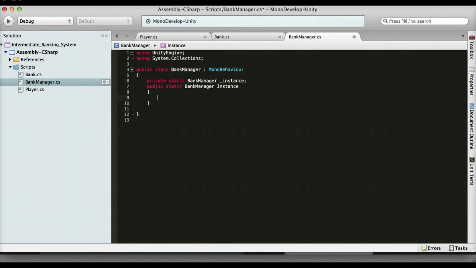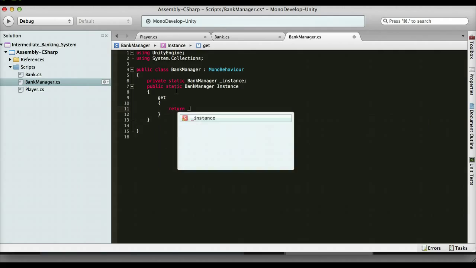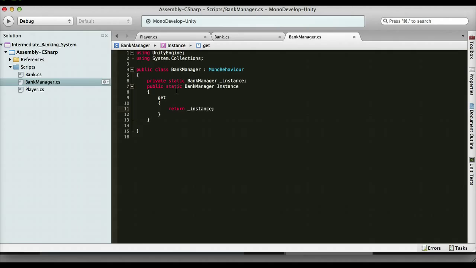This one's static so you have easy access to it through the BankManager. So you say BankManager.Instance and then dot whatever public variables you want in here. So we have private static instance, and then here we need to get the instance, and we're going to return the _instance. Now before you return it though, you want to check if it's null. If it's null, you need to create the instance. So if _instance is null, meaning it doesn't exist, there is no bank manager,